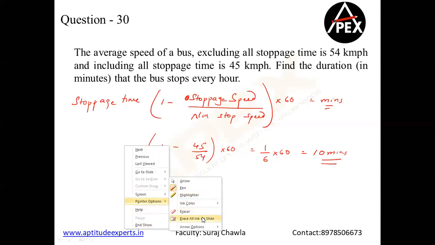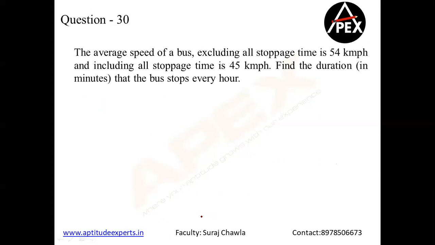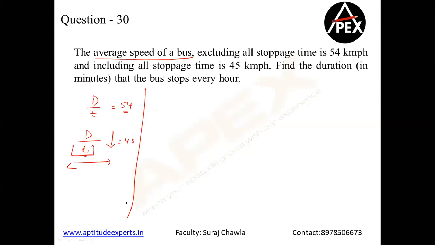See, understand what is the logic behind it, okay? The logic is quite simple. It says the average speed of the bus, okay? Now, there was some distance, there was some time taken, right? The bus had taken 54. Now please understand, for the same distance, if the bus is stopping and going, stopping and going, the time would have definitely increased. Because the denominator is increasing, the value of the fraction is decreasing. Okay. So in short, the speed of the bus is not changing.